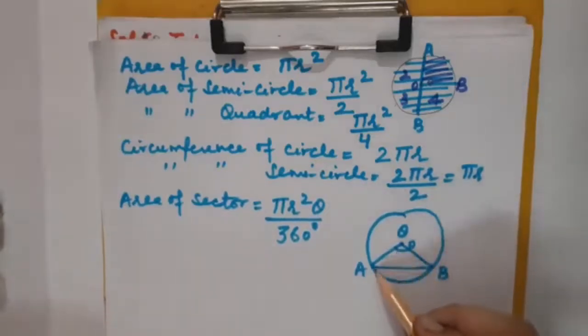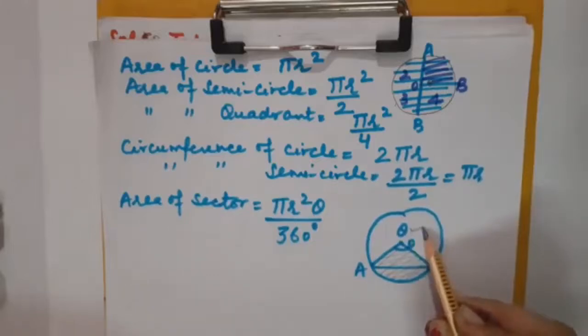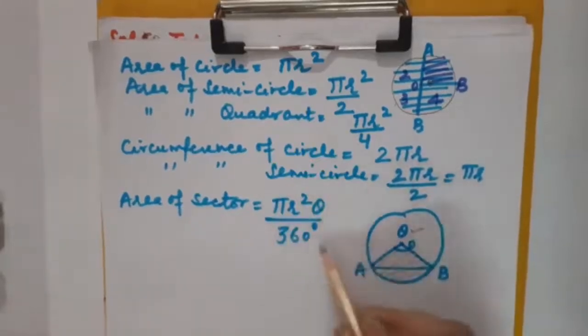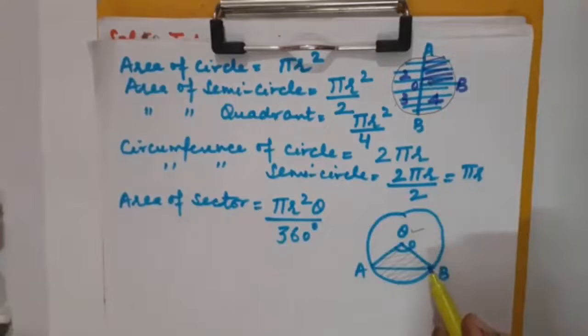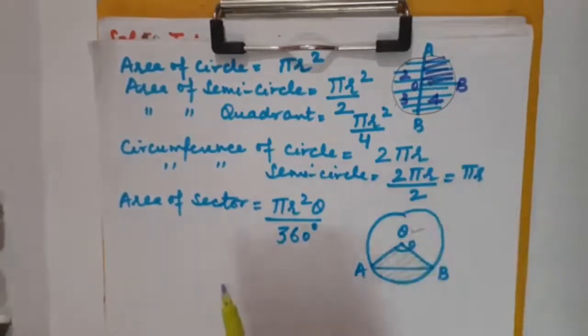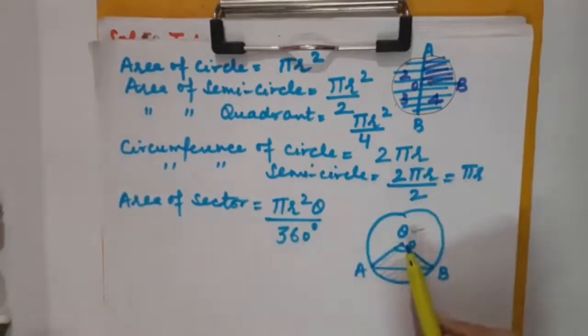Always remember that whenever both the radii are joined here, this is the complete region, which is actually the sector. They both form one center angle, let it be theta. So how is this formula derived? For this, children, we have to consider a circular region to be the sector forming an angle of 360 degree at the center point O. Now we will be applying the unitary method.